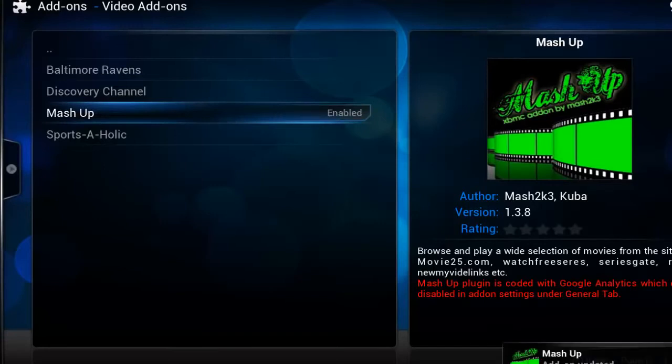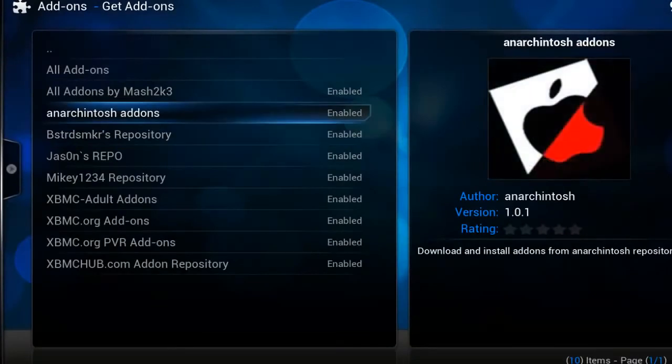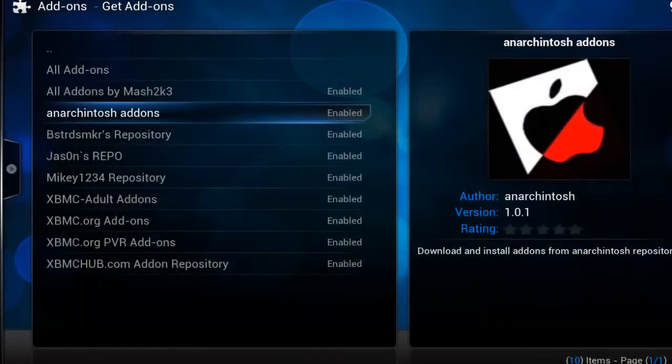Once it's enabled, you'll find those on the home page of XBMC inside the Video Add-ons folder. And then same thing with this one, Ice Films, so you'd open up Ice Films. If you ever see it where it's empty like this, it's because the repository folder didn't populate correctly when you installed it. So what you need to do is go back here, make sure it's highlighted, and open